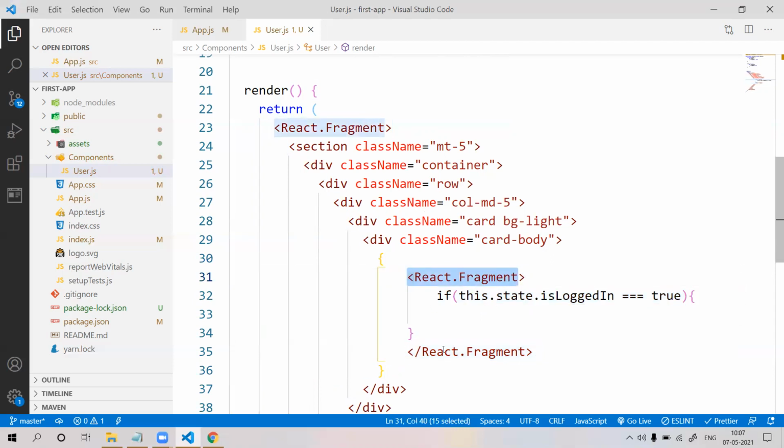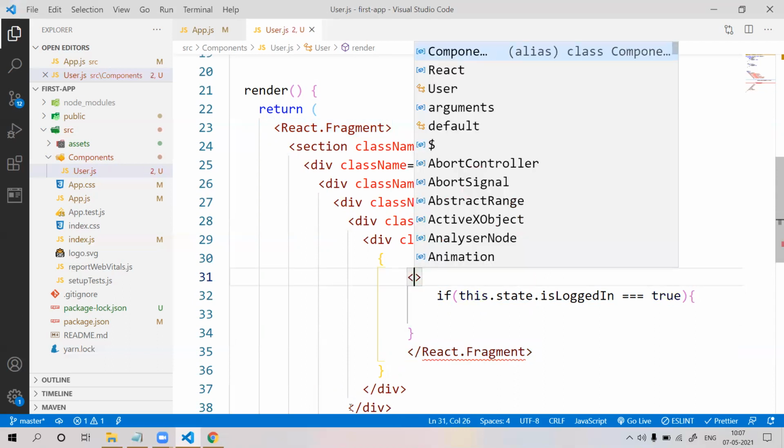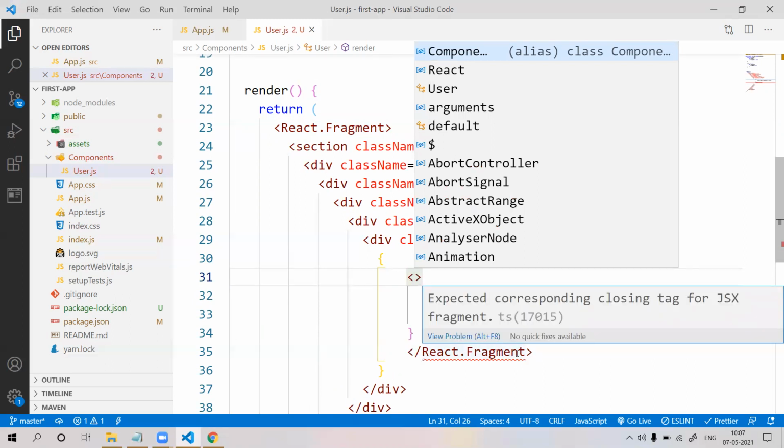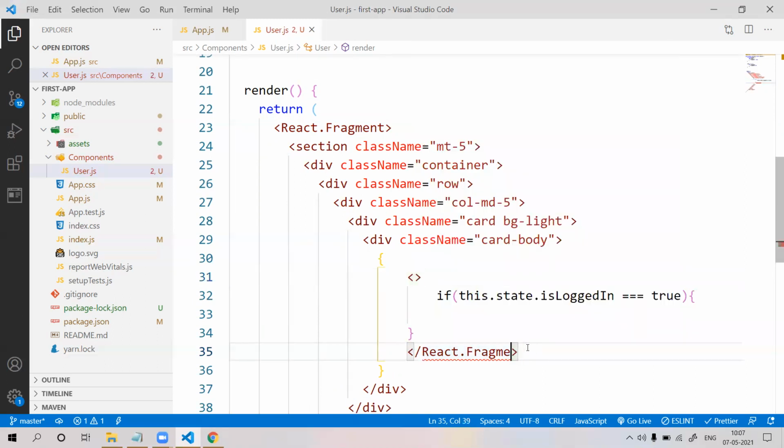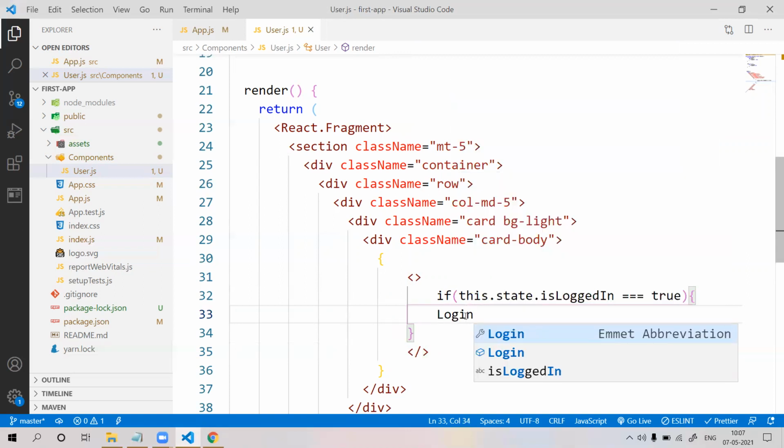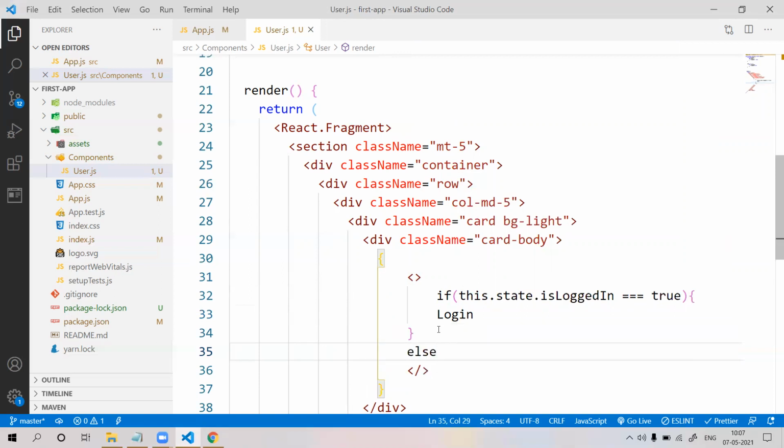Inside React.Fragment you can make empty angle braces, then it will also work. Now it will work. If this.state.isLoggedIn is equal to true, then display login button, else we can display logout button.